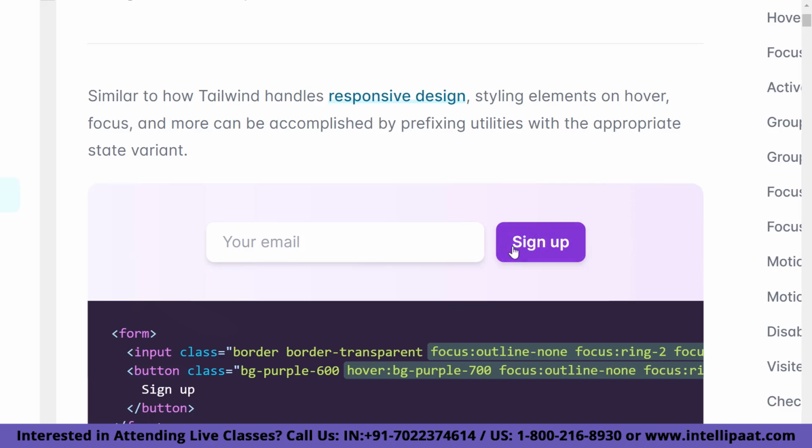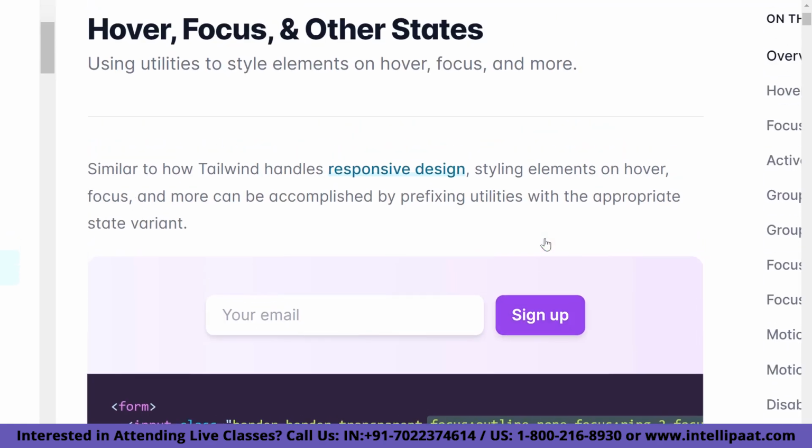Suppose I'll give an example of hover. If I put my cursor over Sign Up, you can see the background color changes to a darker, indigo kind of color, and as the mouse goes away, it shows a dull or light color again. So that means hovering. If you're hovering over any component, something is changing or triggering,